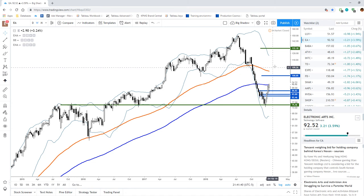And then afterwards, if we're lucky, then the launch of Anthem, one of the good games, I actually was watching a YouTube video about it. It looks pretty amazing. Might shoot this up further, but we're not sure. We're not 100% sure if that will happen. But if it is, we can hold on to it. We might want to exit part of the position near this range because I think we'll be making quite a good gain. This should at least net us around